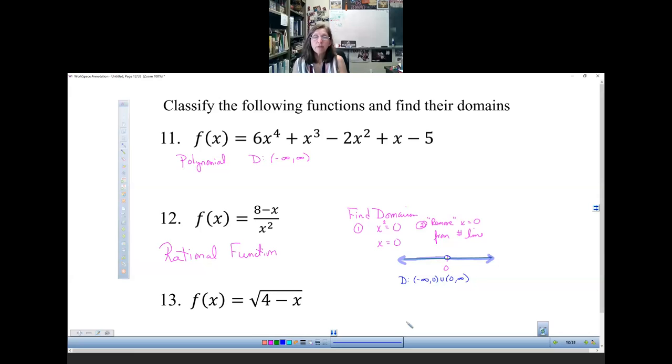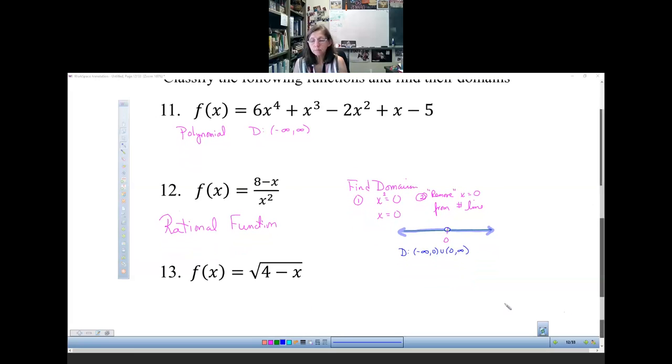Okay. The last type of function is our radical function. And so we can either call this a root or a radical function. If it's a pull down menu, then you're going to pull down whichever one of these. They're the same thing, okay? Because it's got a square root around it, okay? To find this domain,